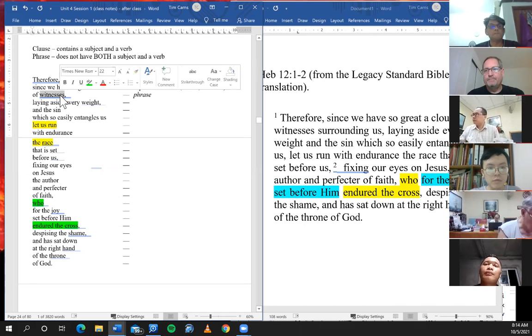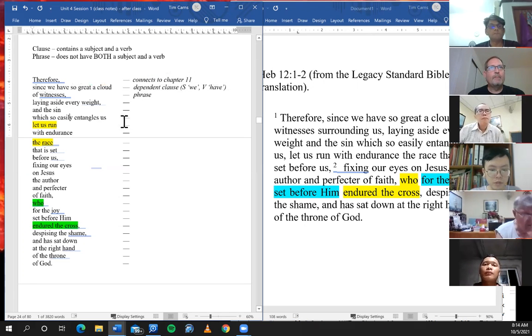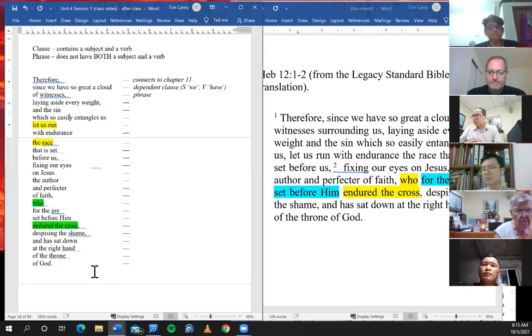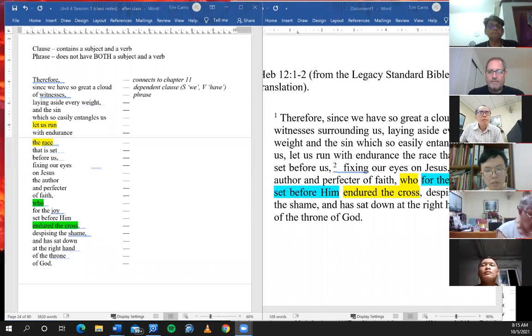There's no verb here. So just go through each of these phrases and clauses and identify them as such. I'll give you a few minutes to do that, and hopefully we can get through this before the evening is finished. Any questions? Okay, I'll let you